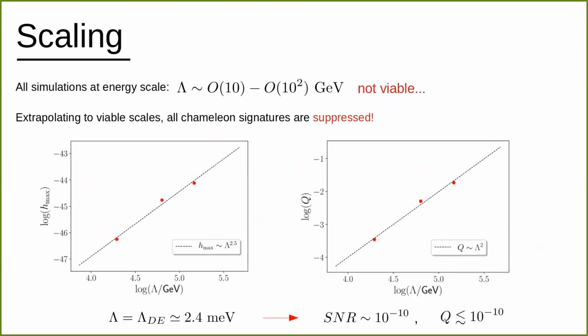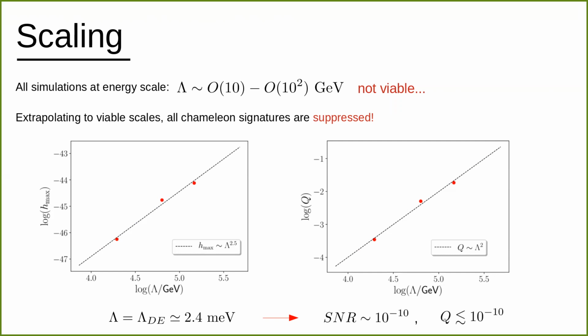However, these preliminary results were obtained for a choice of the characteristic parameter of the chameleon theory, the chameleon energy scale lambda, which was very high, of order giga electron volt. This is not a viable parameter, it's ruled out already by other constraints. Going down to viable values of lambda, which is around the dark energy scale, so milli electron volt, is essentially technically impossible for our code for the moment because of the large separation of scales inside and outside of the star. So we resorted to an extrapolation, and, to conclude very briefly, we observed